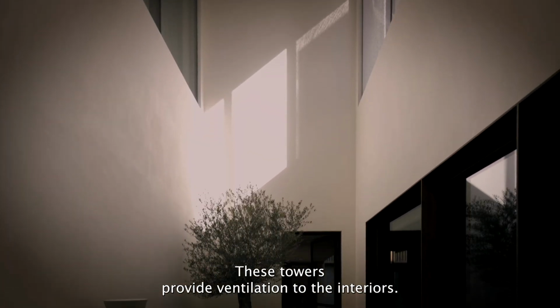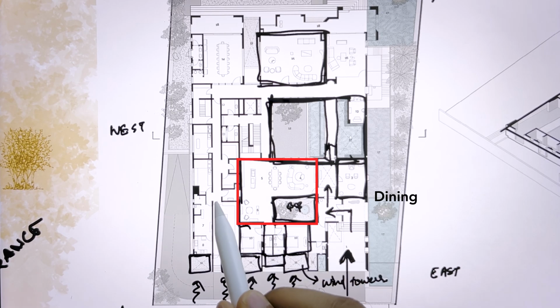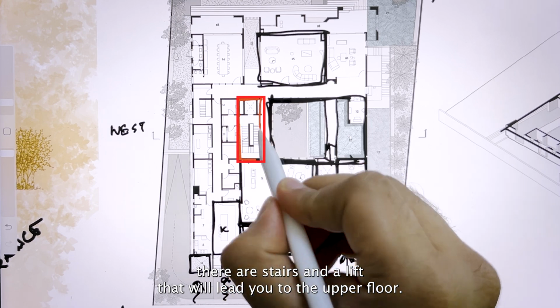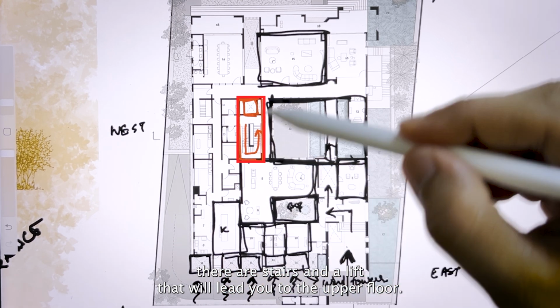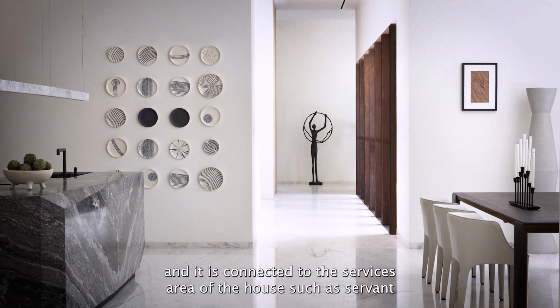These towers provide ventilation to the interior space. The central space is dining and the kitchen area. In the center of the house, there are stairs and a lift that will lead you to the upper floor. The dining area is used by the family on normal days and it is connected to the services area